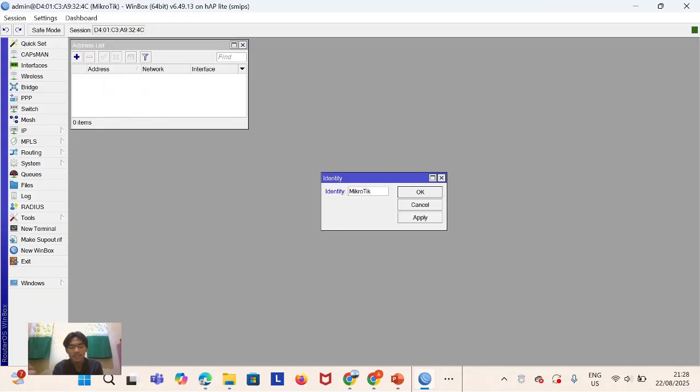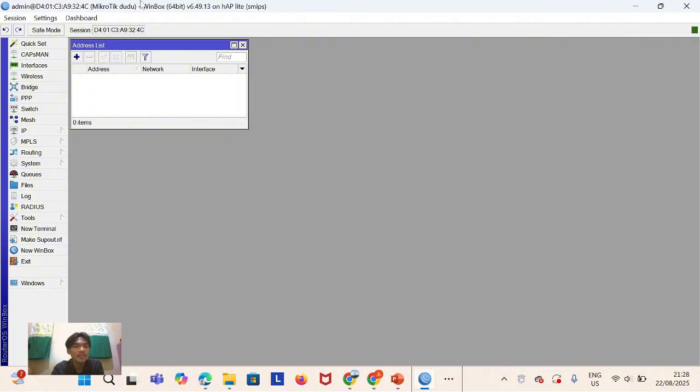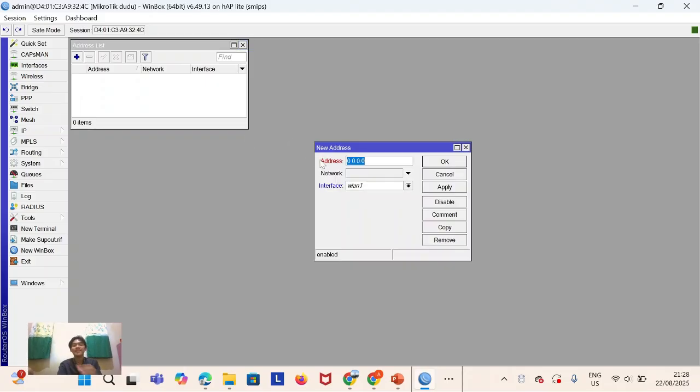Set the name of the MikroTik, for example, Dudu. Apply, and okay. Can you see this MikroTik Dudu? And then you set the IP